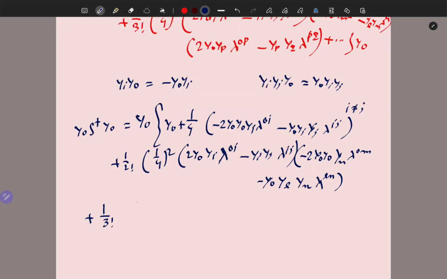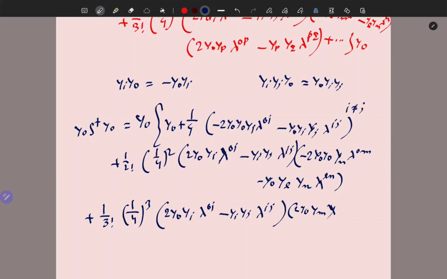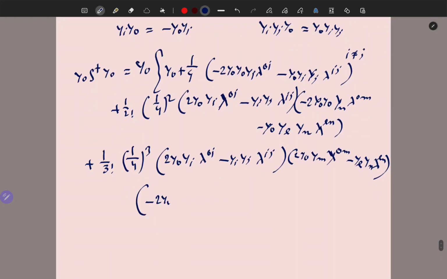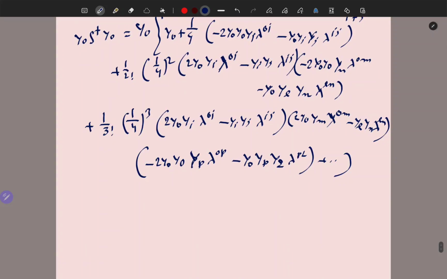plus 1/3 (1/4)^3 [2 gamma 0 gamma i lambda 0i minus gamma j lambda ij][2 gamma 0 gamma m lambda 0m minus gamma l gamma n lambda ln][minus 2 gamma 0 gamma p lambda 0p minus gamma 0 gamma p gamma q lambda pq] plus so on. So that can be written as equal to gamma 0